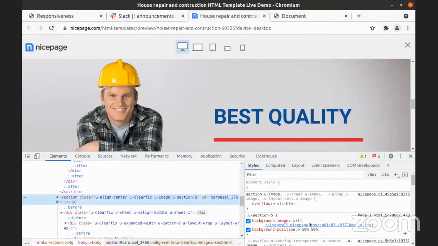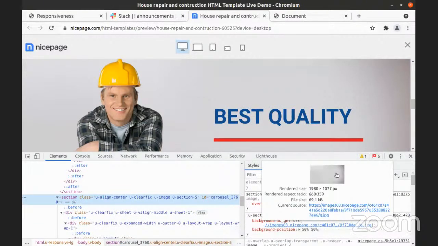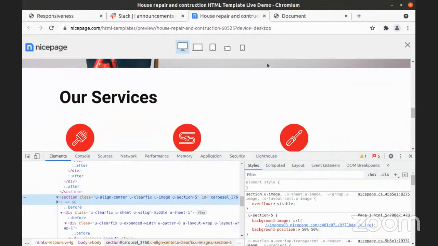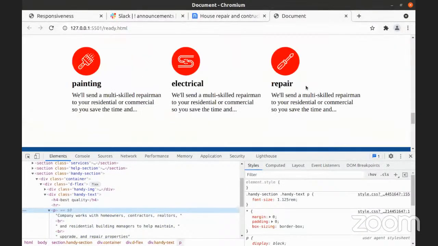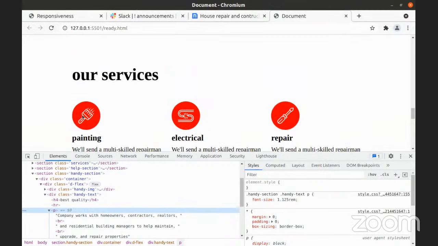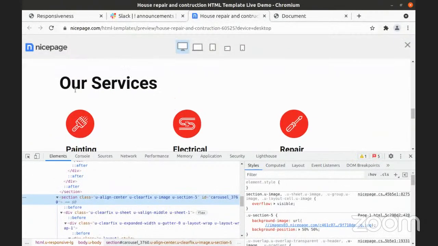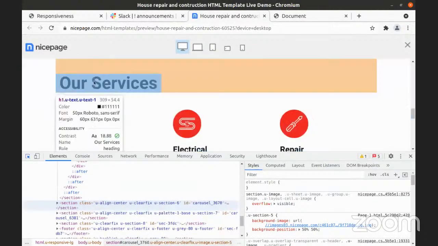So this is a background image. You can also put that in your own. I'm just using a background color for now. All right. Then this other section now. So checking this now, we have our services,